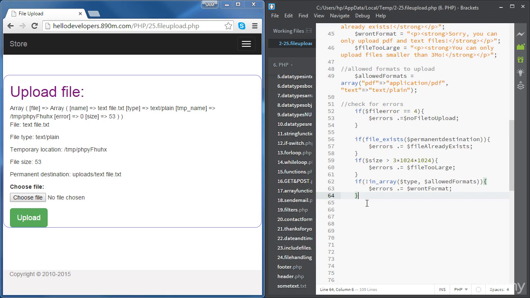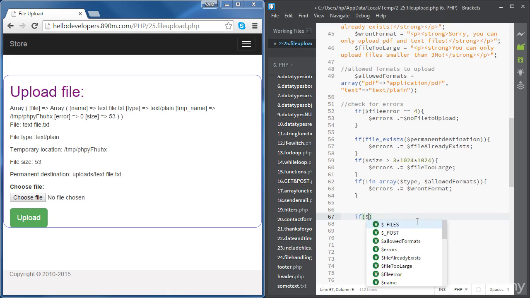Okay, so now we can go ahead and check if there are any errors. If there are, we print the results message. It's going to be an error message. Otherwise, we are going to upload our file to the permanent destination. Okay, so if errors, okay, so now we've got one or more errors, then our result message,